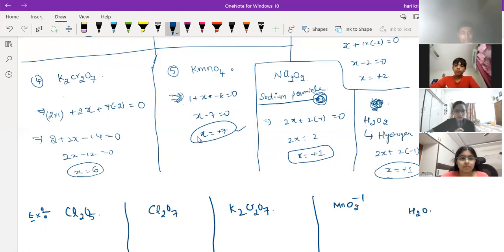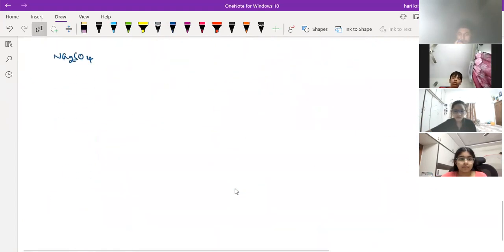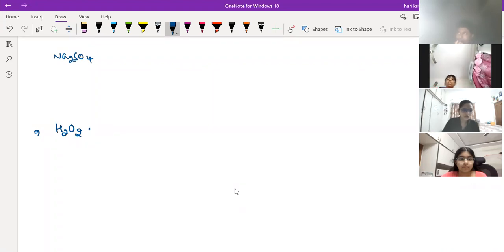See, H2O2 is there. We can find out for H as well as for O. Suppose you don't know whether the oxygen is oxide or peroxide. We'll take O as X only. Listen carefully, Ananya, I'll explain with H2O2. Is H2O2 a neutral compound or an ionic compound? It's neutral. And we don't know whether the oxygen is oxide or peroxide, so we take it as X. How many are there? 2 oxygens, means 2X.